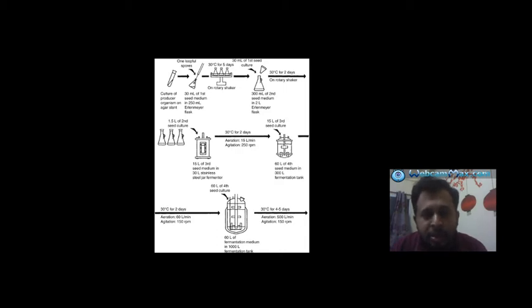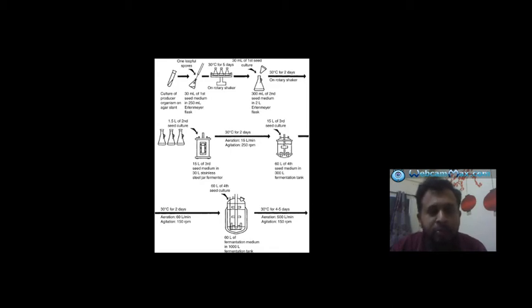Then the next step is we have to take that 30 ml of the culture and add it to 300 ml of second seed medium. Seed medium is nothing but the nutrient medium which we used in the first step for the preparation of the 30 ml media. That medium only we have to use here, but it should be fresh, and all these things have to be done in an aseptic environment. That is, there should be no contamination, otherwise our purpose will be defeated. Then we will incubate this media again for 2 days at 30 degrees centigrade on a rotary shaker.